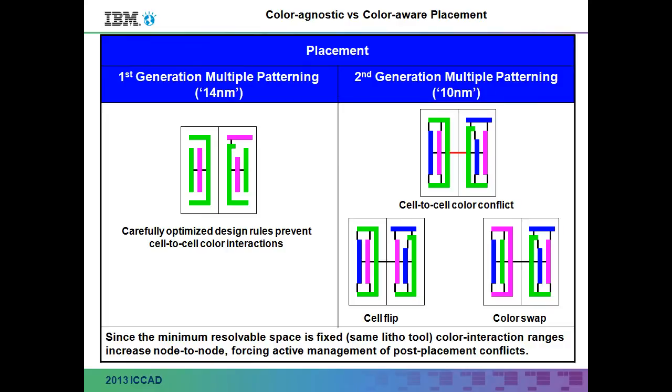So this again is a problem that is sort of begging to be solved efficiently. Placement is another interesting point. This has really nothing to do with two colors versus three colors. This is simply, as I said, the interaction range between shapes effectively grows. Like I said, it stays fixed, right? It's linked to the wavelength and numerical aperture. But the number of features we're trying to pack into a fixed space is shrinking. So in 14 nanometer, we were able to get away with putting boundary conditions in place so that you could put cells next to each other. The last shape in the cell, the last